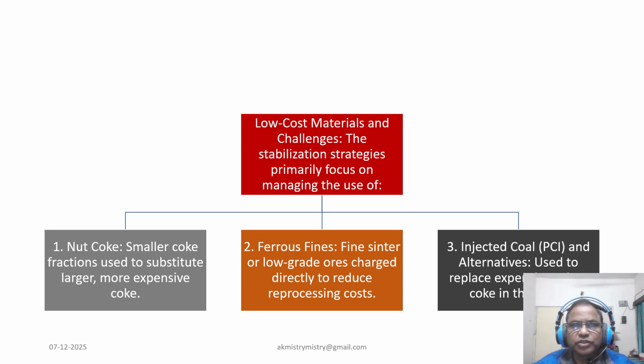Extending nutcoke distribution too far towards the blast furnace center must be avoided as this led to detrimental effects in operational tests. We modify screened nutcoke rates based on coke cold strength measured by the Micum 10 value. Decreasing the maximum size of nutcoke, for example, from 30 millimeter to 25 millimeter, improved permeability by increasing the portion